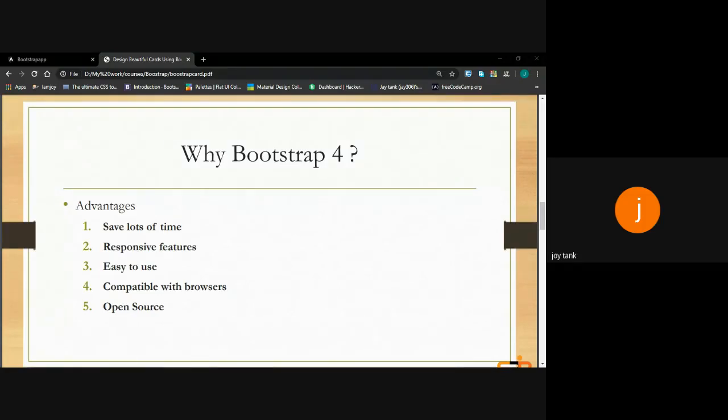Later, they jumped to version 1, then version 2, then version 3. You have heard about Bootstrap, Bootstrap 2, Bootstrap 3, then Bootstrap 4 currently running in this platform. It is mainly used to design responsiveness. Responsiveness means that whether the viewport of your page is desktop view, mobile view, or another view like tablet view, the content of that view must be in a responsive manner.